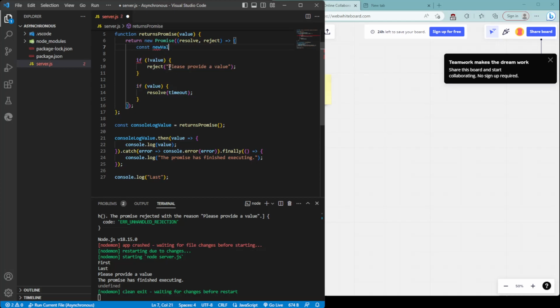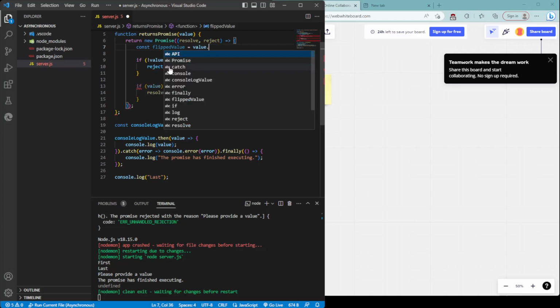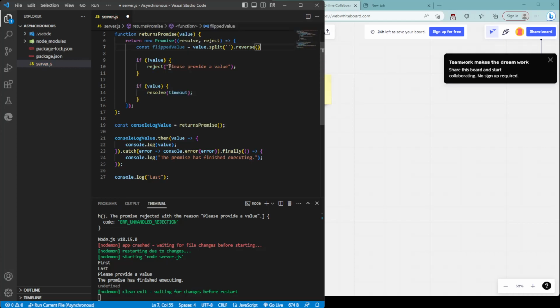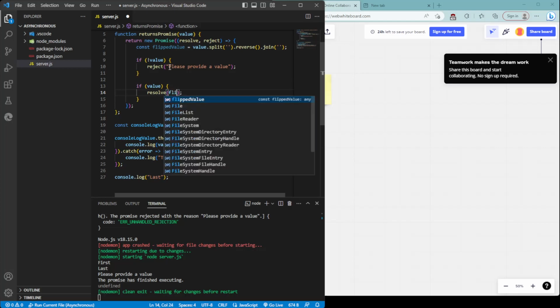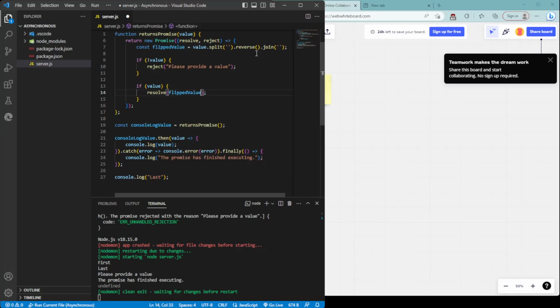new value. So let's say we are trying to flip a string. Say flipped value equals value dot split, then dot reverse, and then dot join. There we go. And just say flipped value. If not mistaken, this is how you flip a string